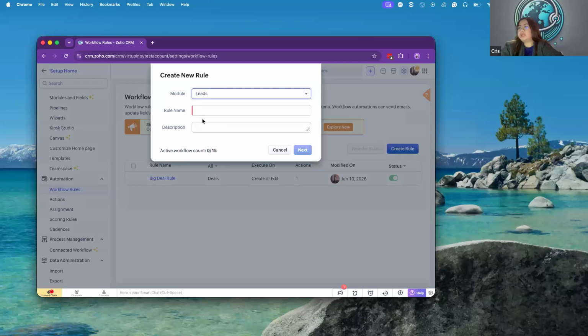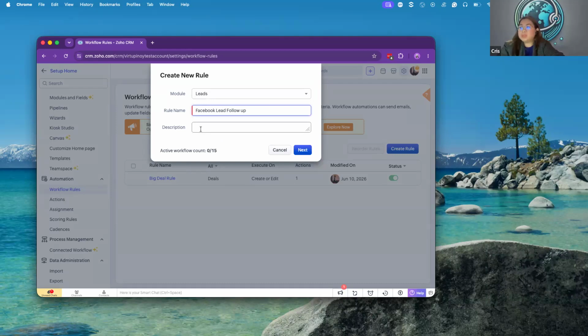So let's select leads, and then the rule name will be Facebook lead follow-up. So let's make it very easy to understand. Na pag nakita natin yung name ng workflow, we know that the workflow is really for that one.